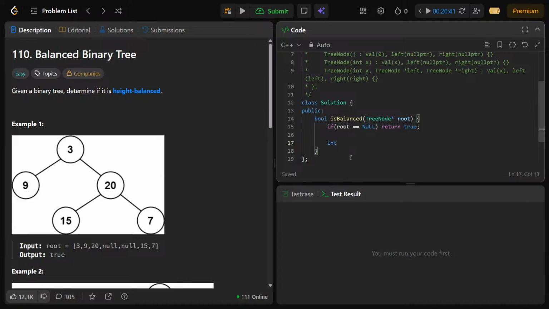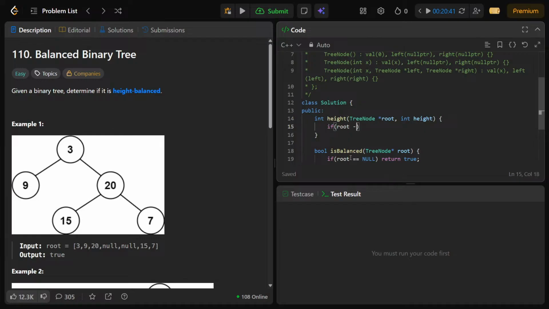Okay, so int left one is equal to height which goes root dot left. Let's see. I'm pretty sure there can be a function, if we can find the height, then